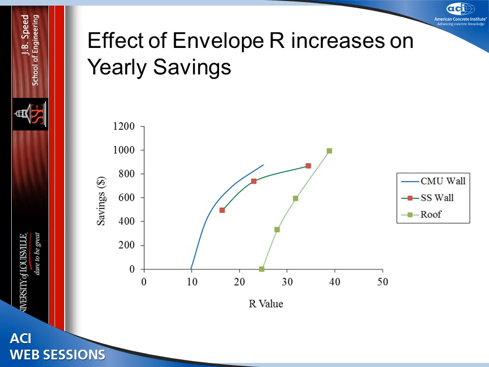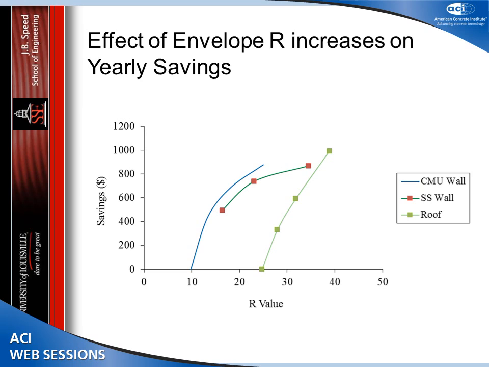One of the things that was interesting in this analysis was that there seemed to be, at least in Kentucky, this thought that if a little bit of insulation is good, a whole lot more is better. It's the sort of inertia in the U.S. where bigger and better is better, and bigger and more is better.